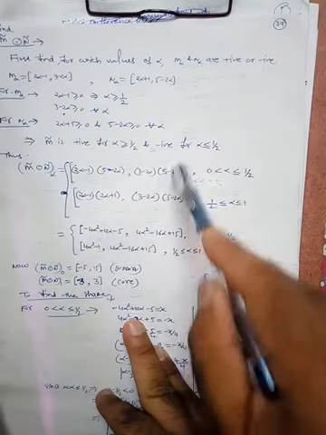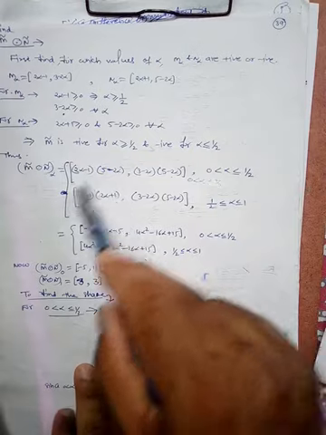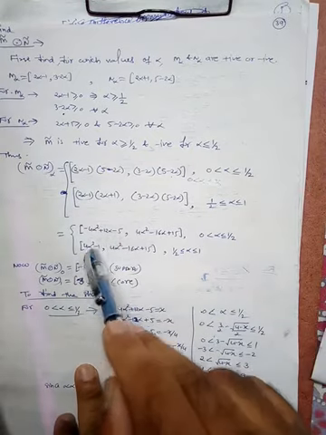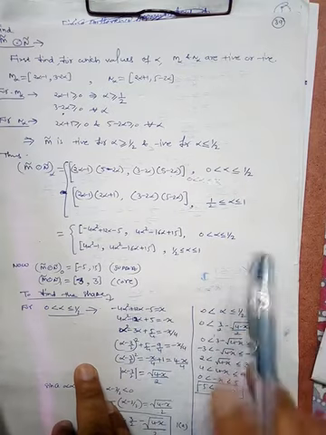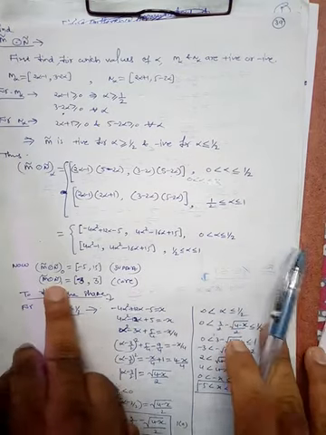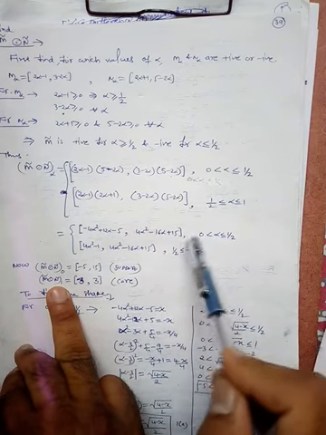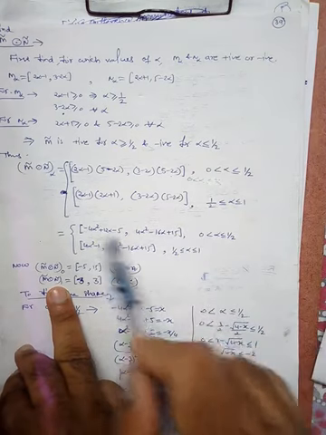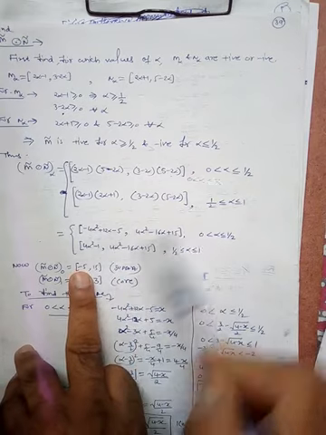When you multiply this, we will get this value. And 2 alpha minus 1 into 2 alpha plus 1, when you multiply, you will get 4 alpha square minus 1. And the right hand part is the same. So fine. Now find out the support. Put alpha equal to 0. Alpha equal to 0 means this. So put alpha equal to 0 here. So we will get minus 5 and plus 15.